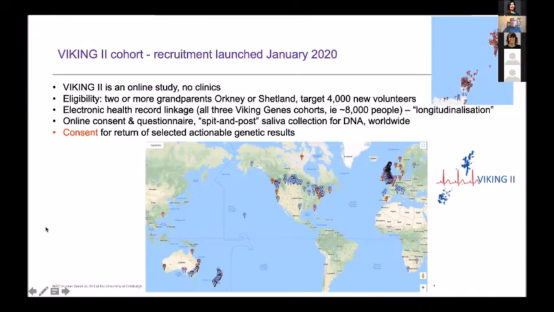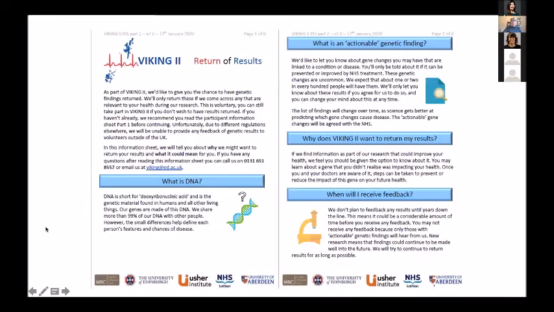And this was a lot of work actually to pull together, because we really had to begin with a kind of blank sheet of paper for our participant information sheet about return of results. And I think it's tricky to get the balance between explaining to people what DNA is, what a genetic finding is, so giving them enough information that they understand, but not too much that it just gets out of hand. So hopefully we've achieved a good balance there.